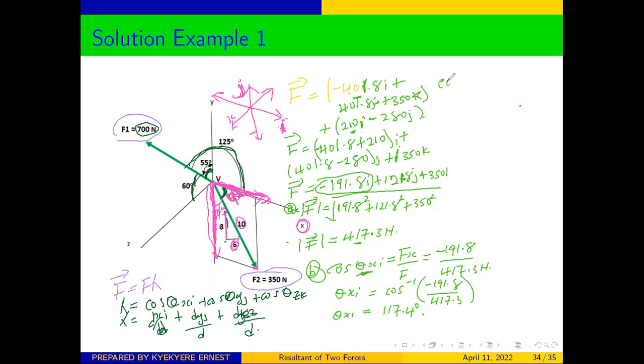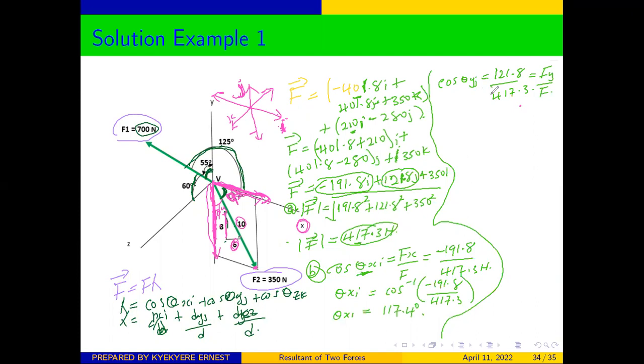We can also get the angle the force makes with the y-axis, which we are going to get cos theta y will be equal to the force in the y-axis over the magnitude, which we are going to get 121.8 over 417.3. And from here, if you find the cos inverse of whatever is there, this will be equal to the force in the y-axis over our F. So when you get the cos inverse of all that is here, our theta y will be equal to 73